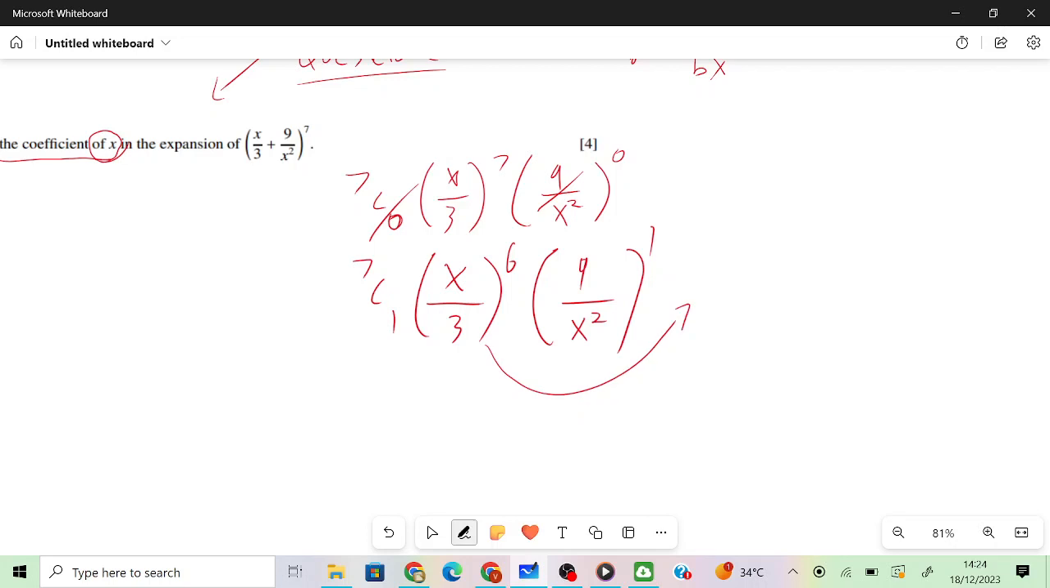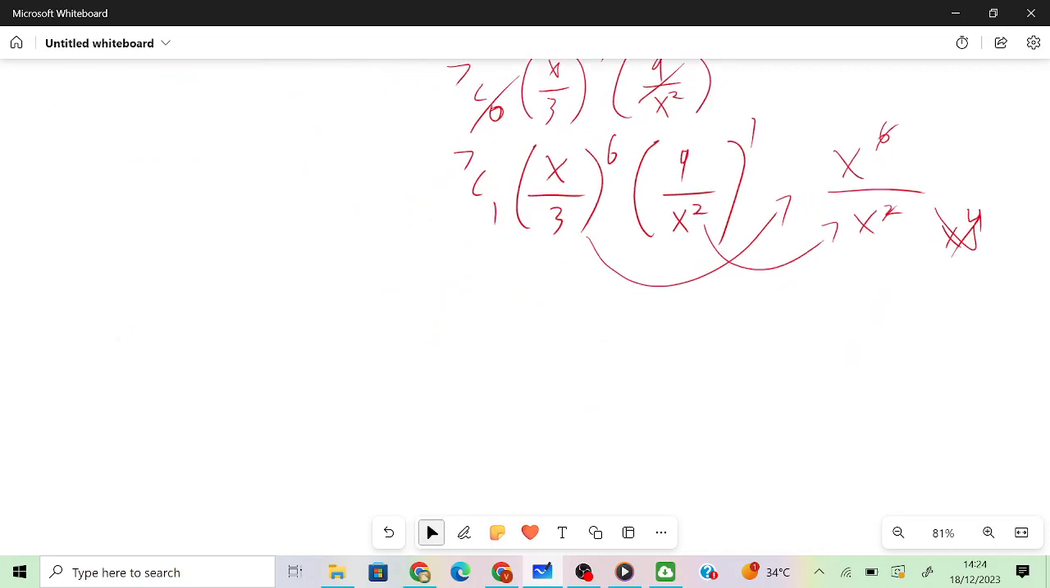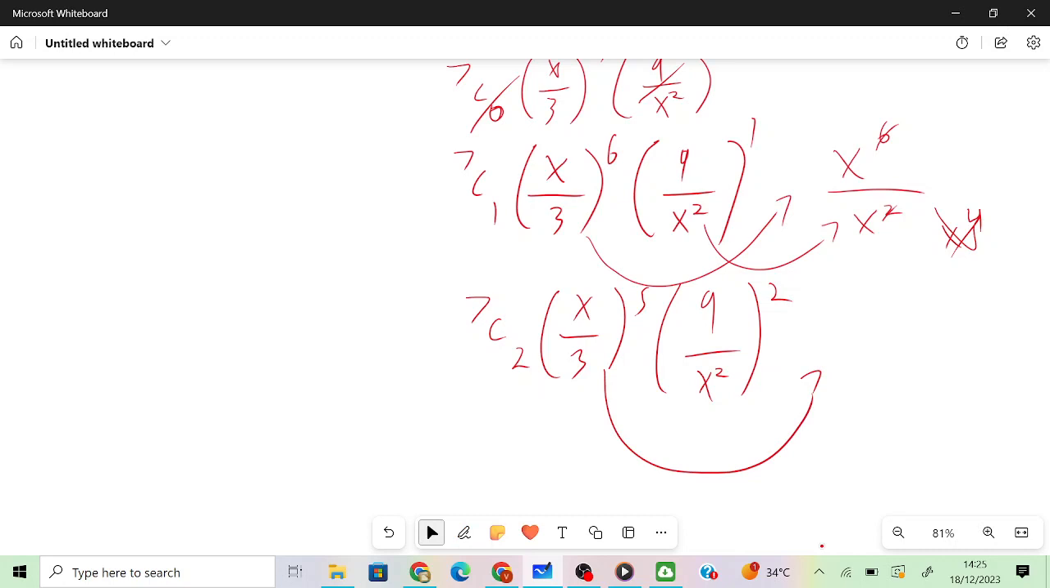Eventually, my power of x from this guy would be x raised to the power 6 all over, and then from this guy it's going to be x squared. This and this would cancel, and this would give me x raised to the power 4, which is again not what I want. If I go ahead and check the next term, I have 7 combination 2 into x over 3 to the power 5 into 9 over x squared all squared. So this guy again would give me x raised to the power 5,